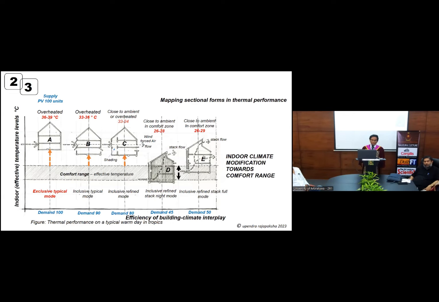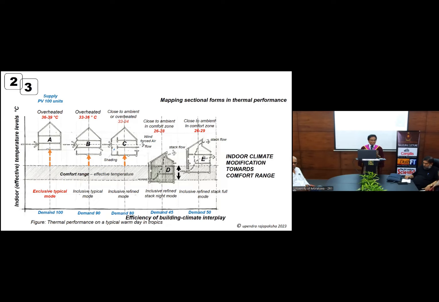And then the same building can be used in the daytime as well, slightly above the comfort range, but both D and E forms can be applicable and favorable for us, promoting indoor comfort. Right? So their demand is either 45 or 50, for example. Imagine, relatively lower than the first 100. So there's a difference between A and D or C. It's about 40 units. What is that? That's a waste. Okay? This is a waste we don't see, but it's a real waste, and it damages the environment.